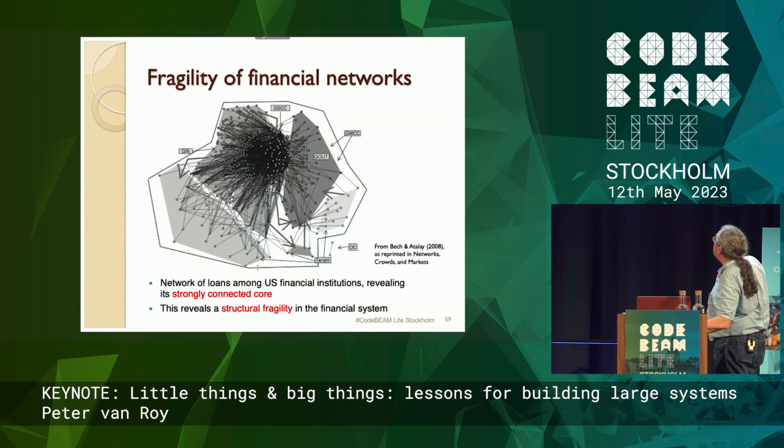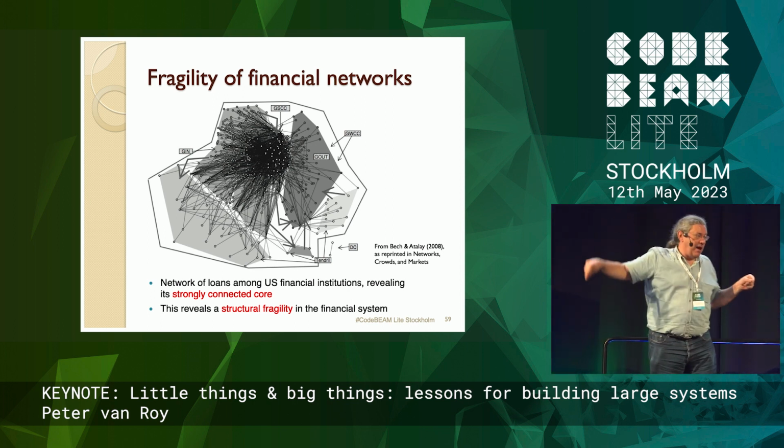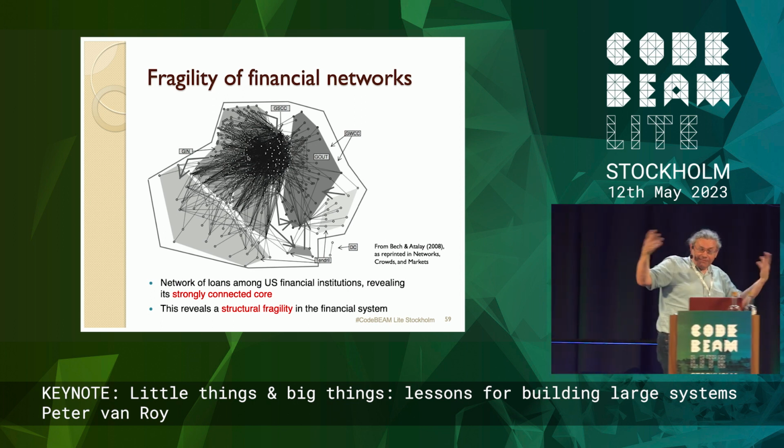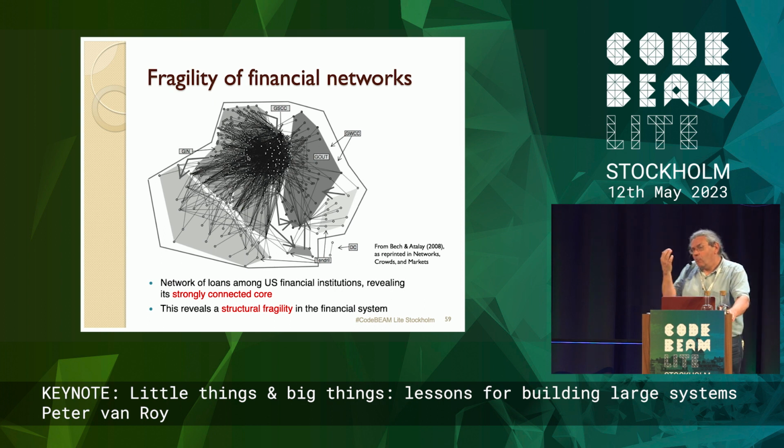This has been studied. This is coming from a book called Networks, Crowds, and Markets, but originally from another article. The network of loans among US financial institutions, so there's a strongly connected core here. And if one of the banks fails here, well, it fragilizes lots of other banks, which may fail, et cetera, like dominoes, okay? And if you have been reading the news, you have seen that it has happened very recently in the US. You think, why do they organize it? Because banks, they don't really care. As long as the money flows, they're happy, okay?